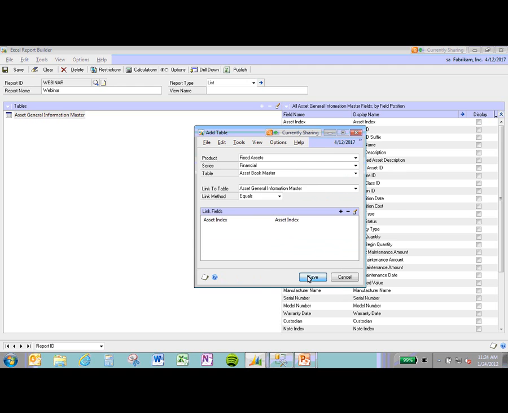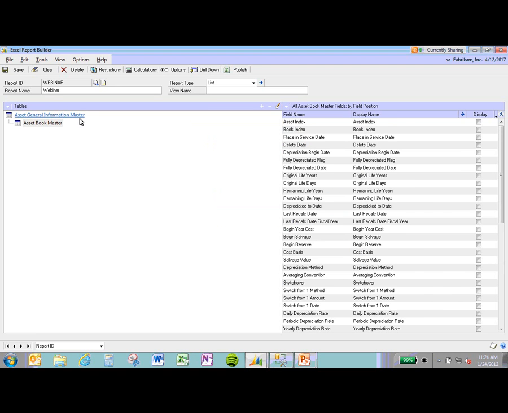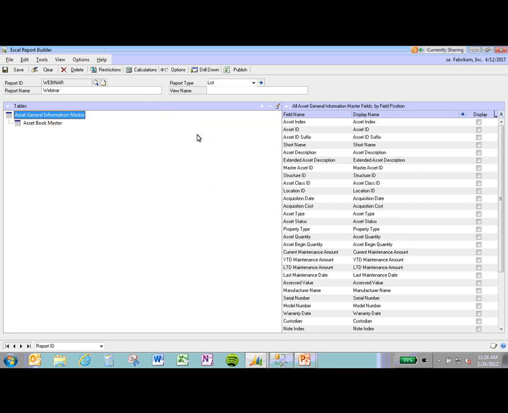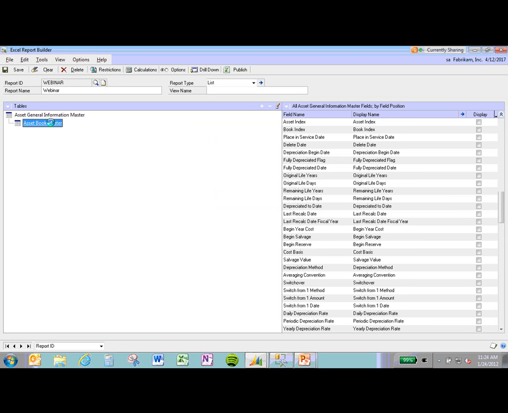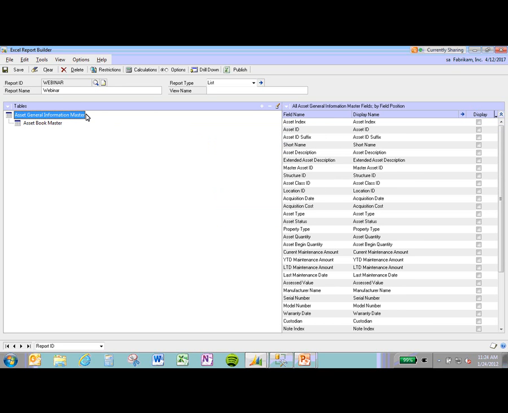Save it here, save it here, and now what we haven't done just yet is we're going to go in and we're going to check what particular fields do we want to display. So I'm going to go ahead and make sure that if you highlight each one of these, it'll change which fields will be displayed. So I'm going to start off with the asset general information master. I'm going to go ahead and select asset ID, suffix, asset description, asset class ID, location ID, acquisition date, acquisition cost,